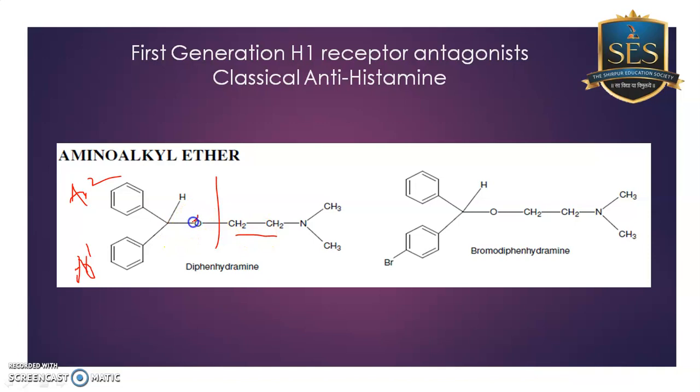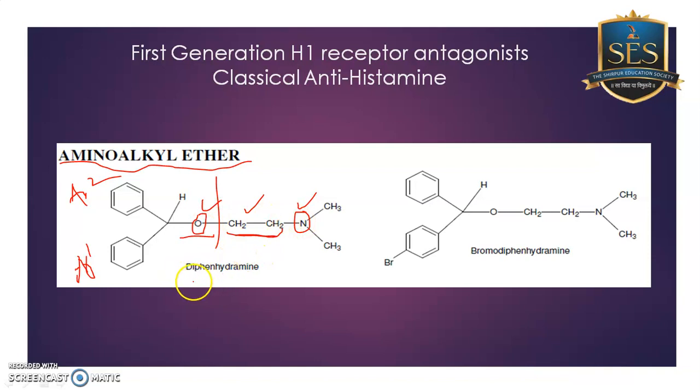Now based upon this heteroatom, these compounds are further classified. Right now in this series the heteroatom is oxygen, and hence you can call this amino alkyl, and oxygen is for ether. That's why this series is called amino alkyl ether. In your syllabus they have mentioned that you should focus on the second generation, so we are just seeing two drugs from each category. Here in amino alkyl ether, the name itself indicates amino alkyl and ether.